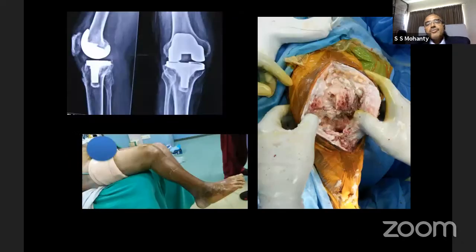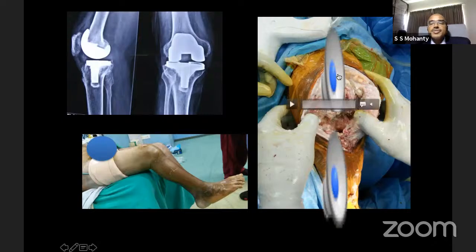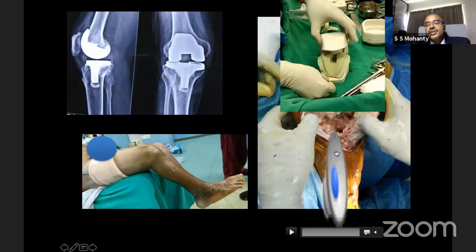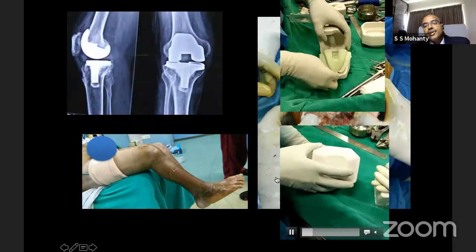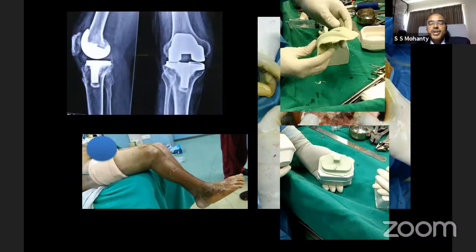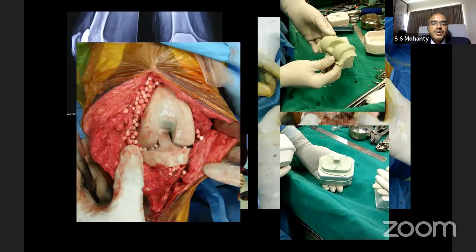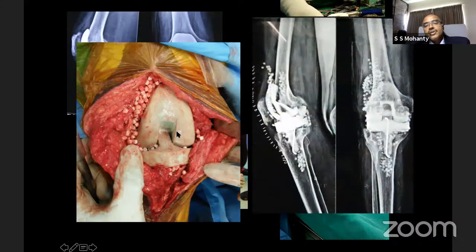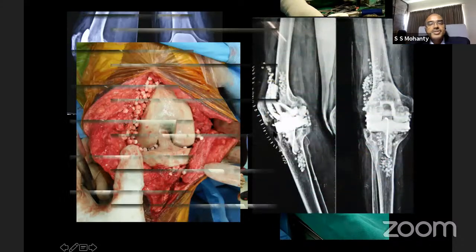Now, recently, again, we have prepared our own spacers using 100% medical grade silicone. They are polysiloxane, reusable, and autoclavable. So these are the spacers, with a couple of sizes available. Now it is not for commercial use, we are using it only internally. So this is the way you put the spacer. That is how our X-ray looks after putting the spacer there.